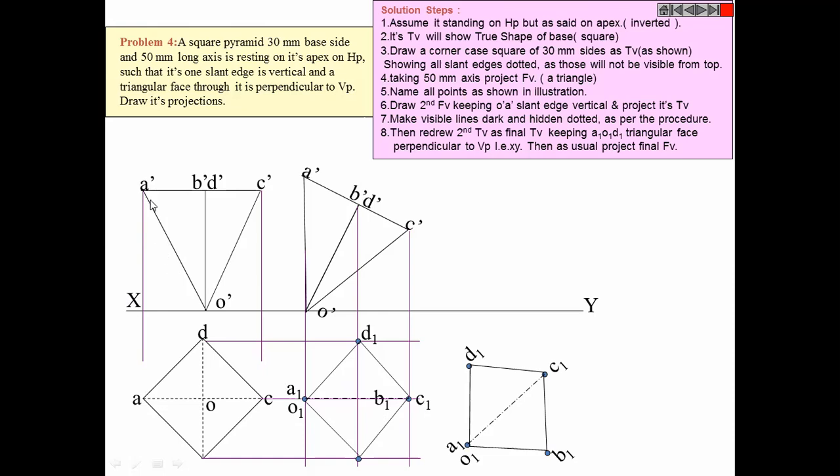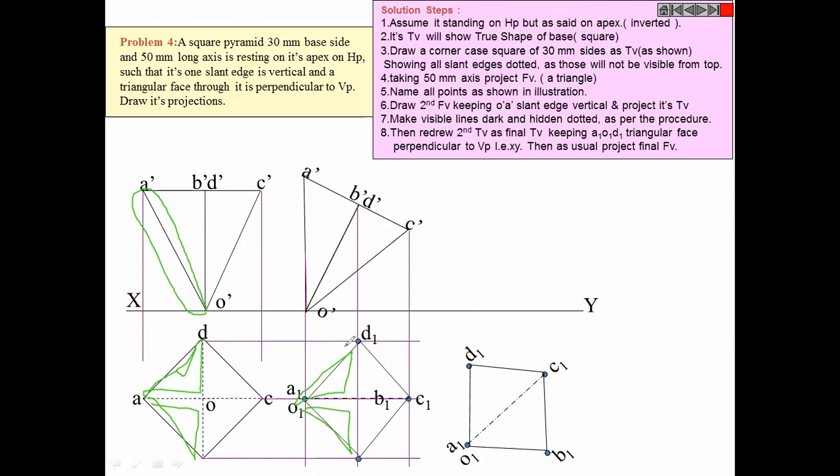Now involving that line we have two triangular faces. Which are they? Involving this line we have two triangular faces. One is this and the second is this. Correct or not? Same way, we still have that option here, so we can make either one perpendicular to VP.